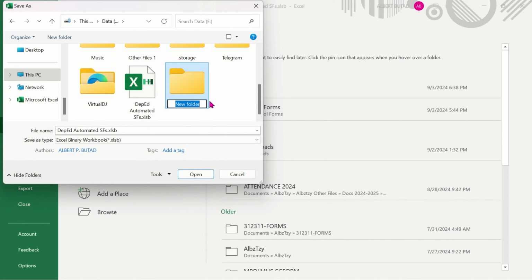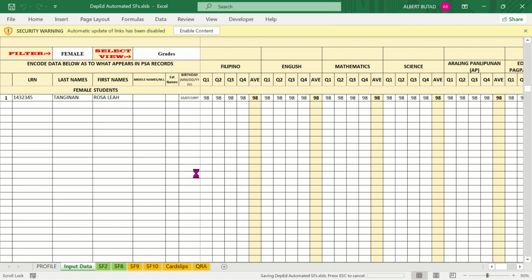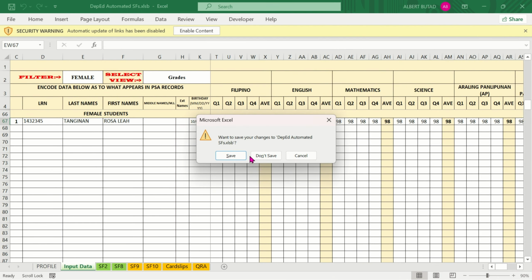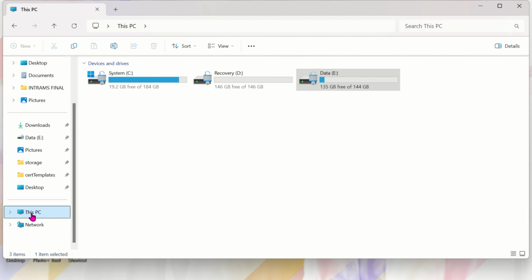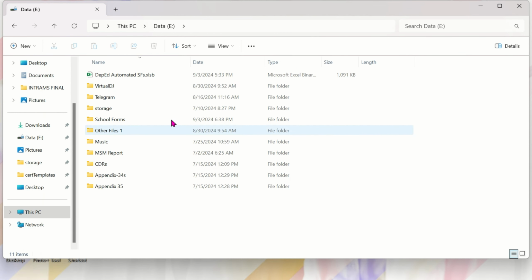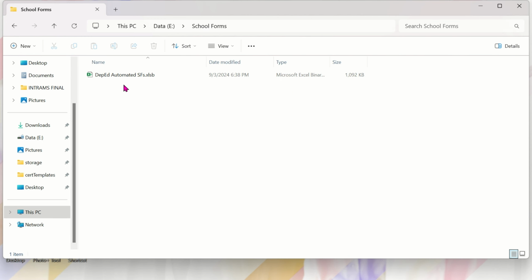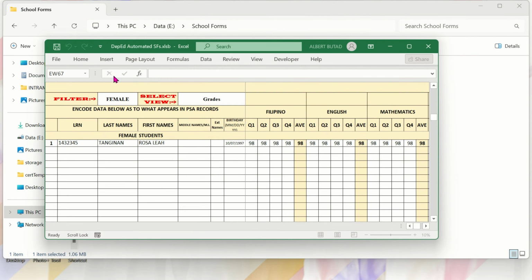And say, for example, we name this one as school forms, and then you click that folder, click open, and then save. Once it's being saved, you click this one, close, and don't save. You go to your this PC, go to data E. So locate the folder that you have just created and you open that one. And there you go. You have found already the file that you have just saved as. So click this one to open,